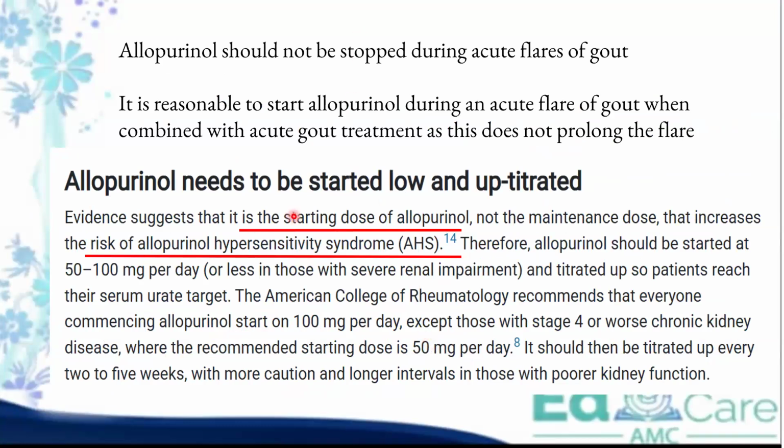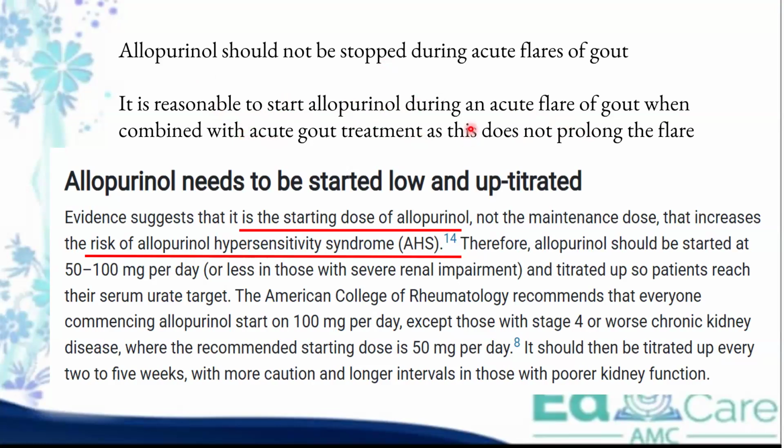Allopurinol. So in the past, what they thought was, a known patient with gout who is already on allopurinol, you need to stop the allopurinol during the flares. But the most recent guidelines say you don't. So even in the RSAGP guideline, no stopping of allopurinol during the acute flares, right? So even if the patient has come to you the first time with gout, not a known patient, now you have diagnosed gout, you can even start allopurinol during the acute flare, right? But you have to combine it with the acute treatment.